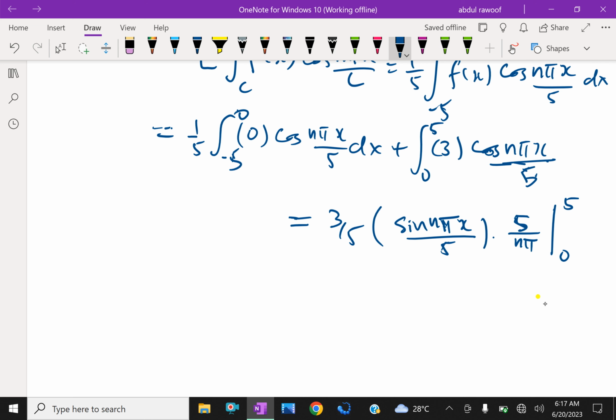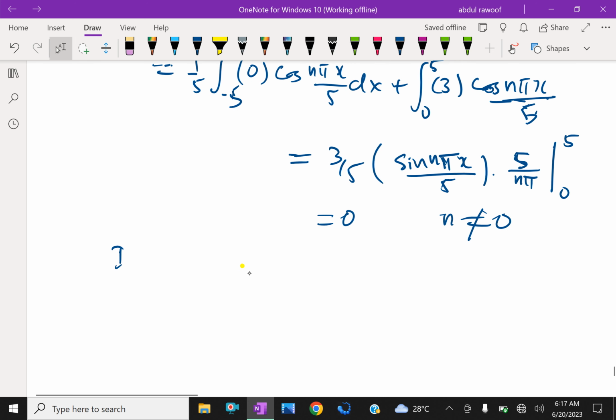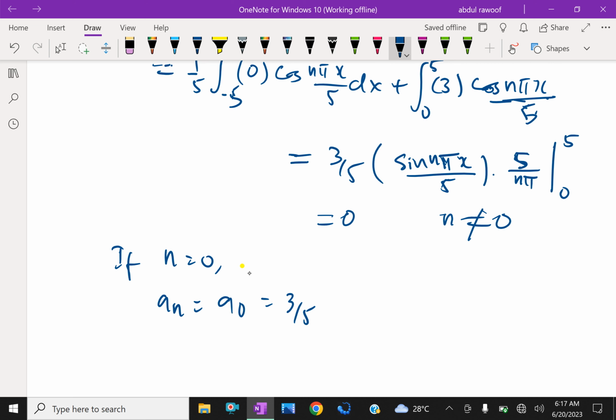So an equals 0 when n is not equal to 0. If n equals 0, what happens? That is a0, because n equals 0, then it is equal to 3 over 5,